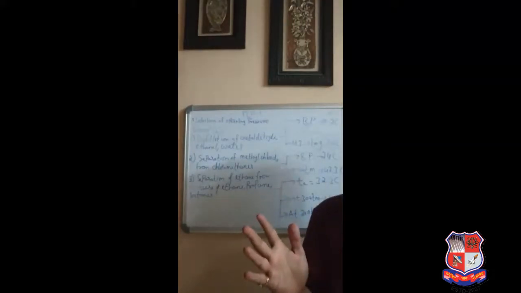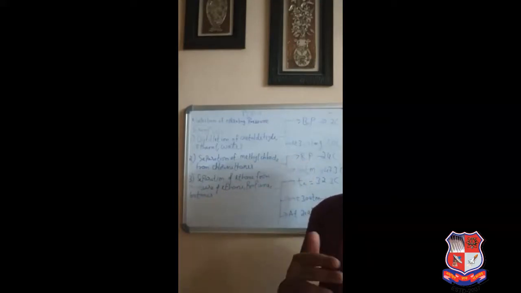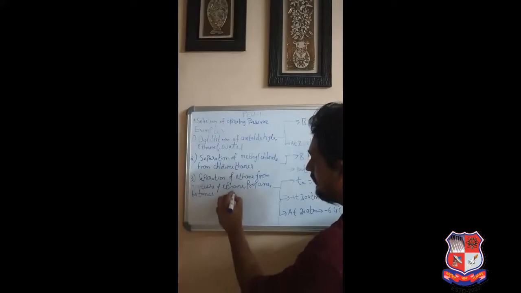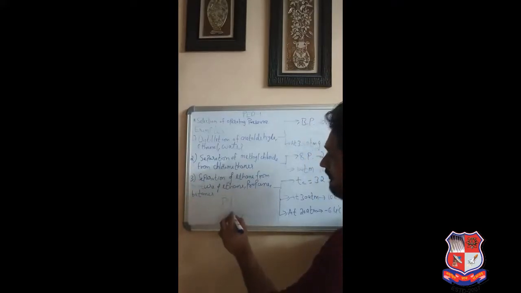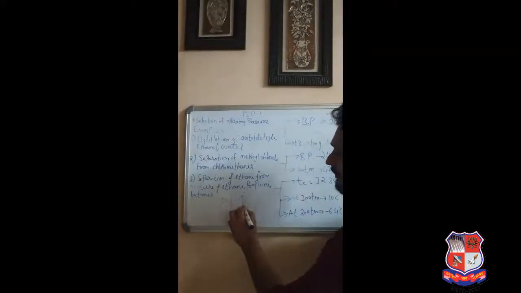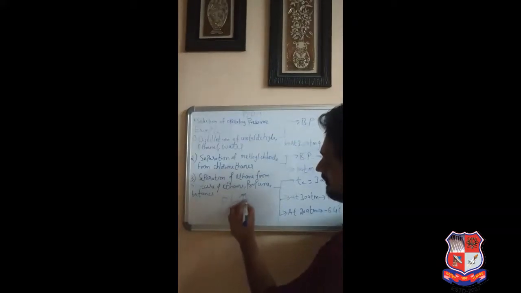Why are these lines important? Why are this critical temperature and pressure important? If we go back to thermodynamics and look at the PV diagram, we know that it has this curve, and this point is the critical point. At different temperatures we get a vapor liquid mixture. This is the liquid part and this is vapor.